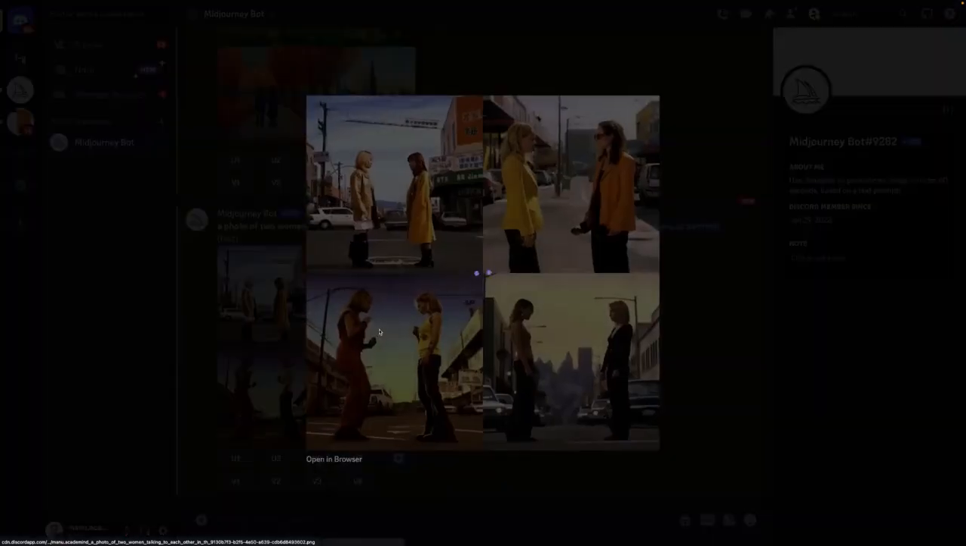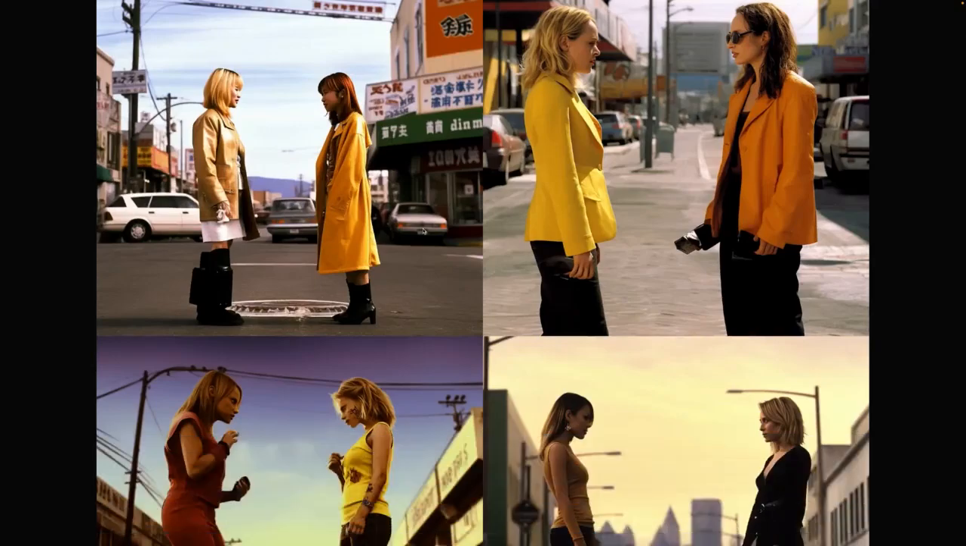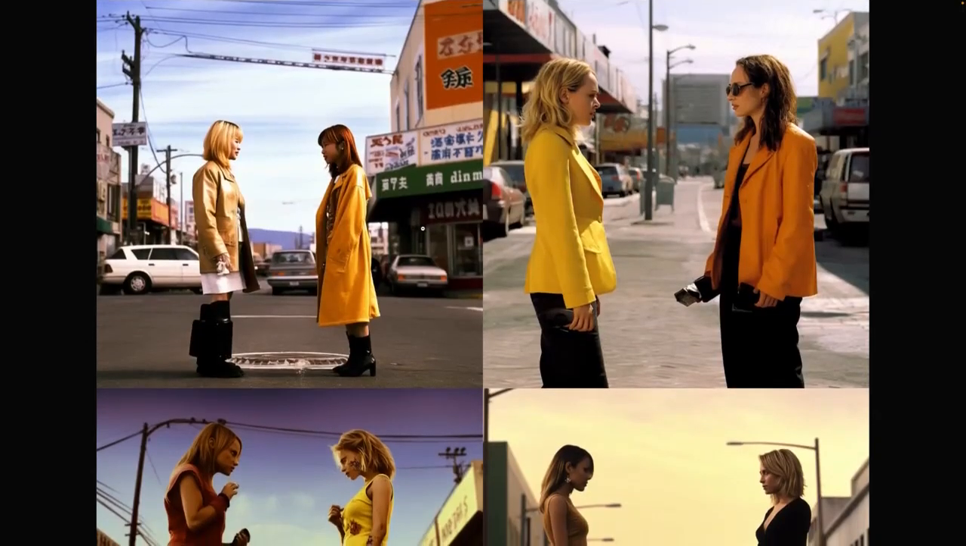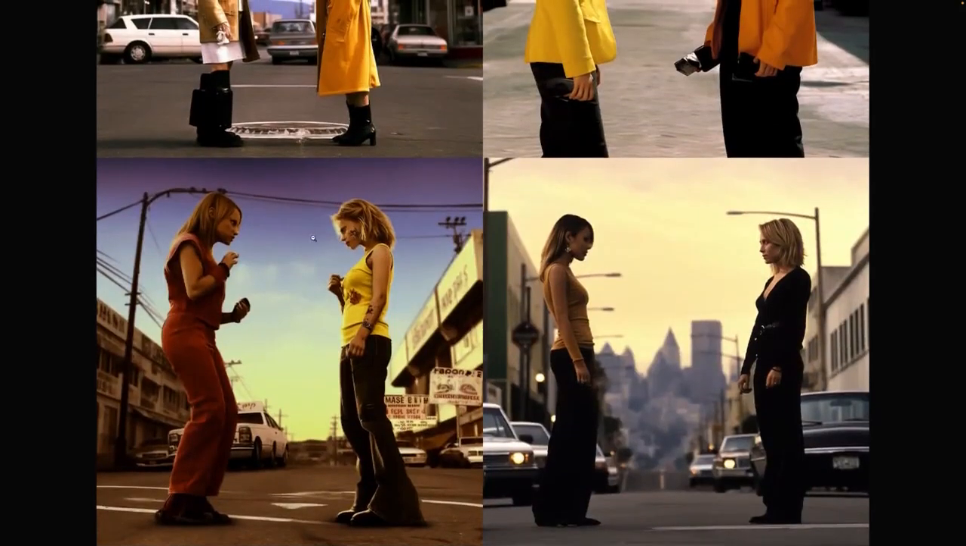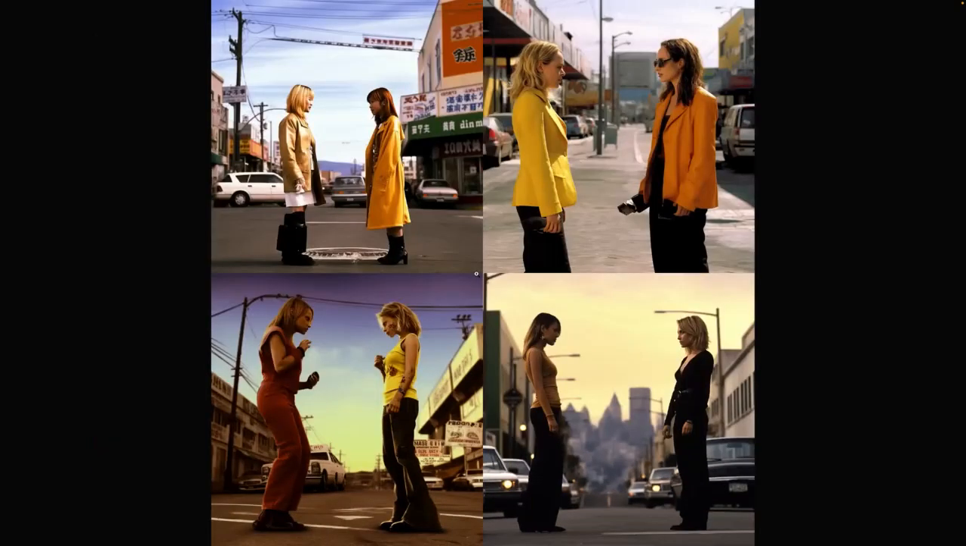And yeah, I think this worked quite well actually. Let's have a look at the full quality. This could be taken from the movie. We also see the kind of aggressive mood here between the two women that we have on our image. However,